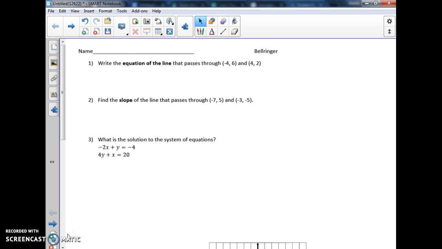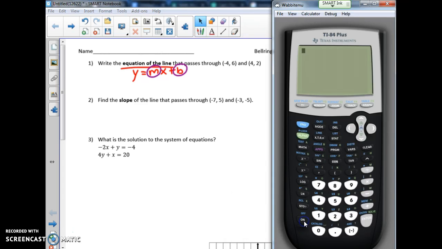The first one is asking for an equation of a line, so we're looking for something that looks like y equals mx plus b. But remember, we want to fill in our b and our m. The easiest way to do this one is to use our calculator. So you're going to hit stat, enter, and then this is where you type them into your list. So -4, you go over and 6, make sure you go across and not down, and then 4 and 2. So we put our points, the x values are in L1, and the y values are in L2,